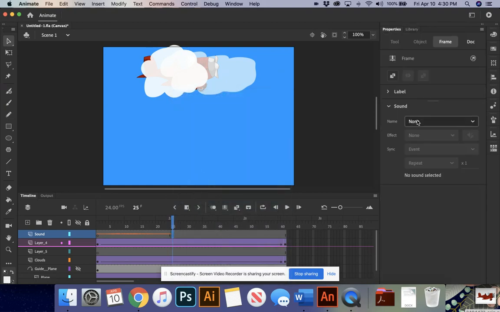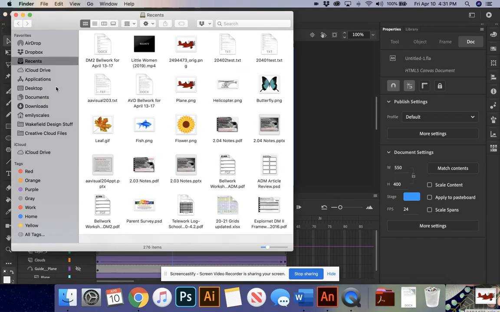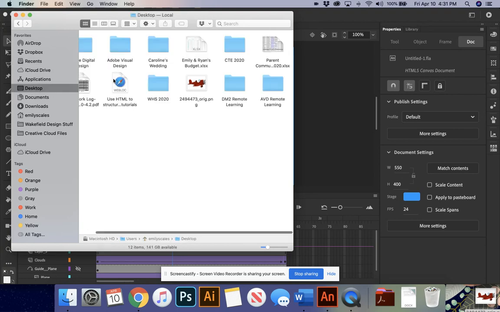Under the properties, normally I would go to Sound, Human Crowd, and I would say Sync and I would say Stop. But it's grayed out, and because it's grayed out, I cannot quite figure out why. I will say I spent a good chunk of time looking into it, and I just think that the files are too old. So instead, if you want to use sounds in a different way, what I did is I downloaded another